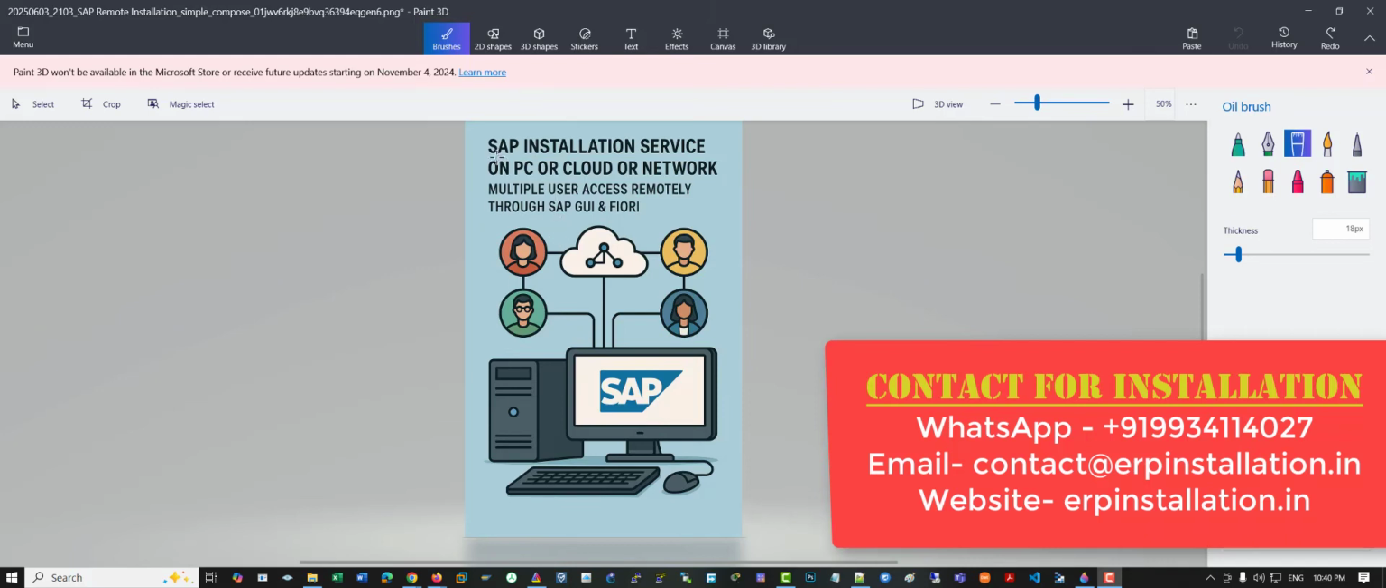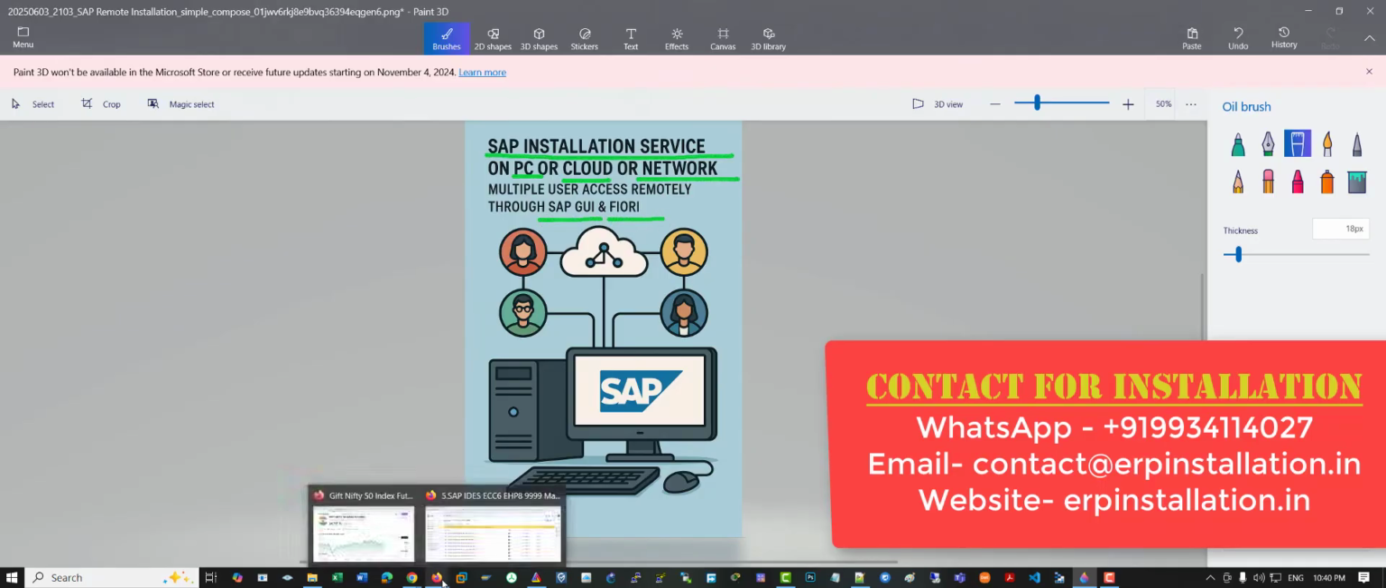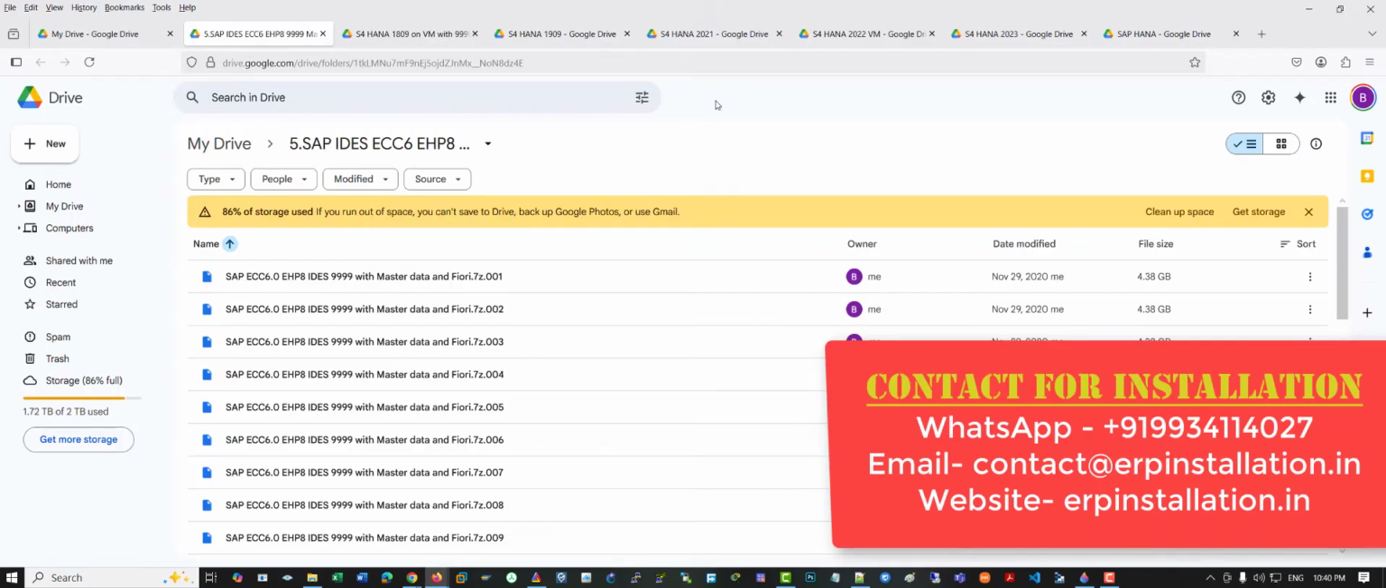You can contact me for different SAP installation services. I can do the installation on PC, cloud or even your network. Users can remotely connect to your SAP server through SAP GUI and Fiori. You can see the SAP installation files are already uploaded on my Google Drive. You can just contact me and do the payment and I will do the installation on your computer, network or